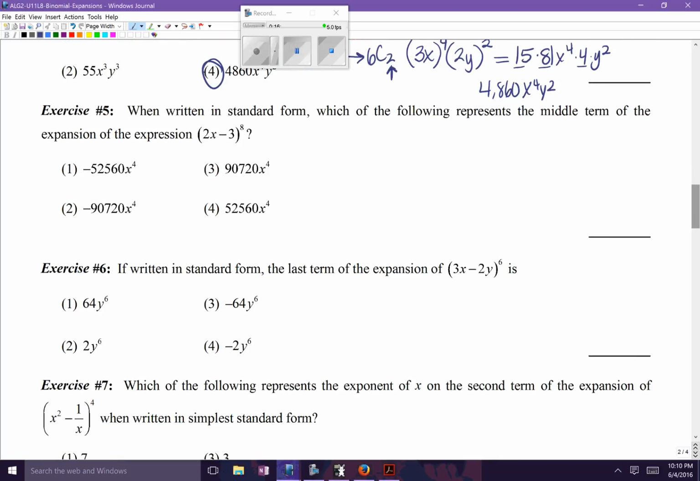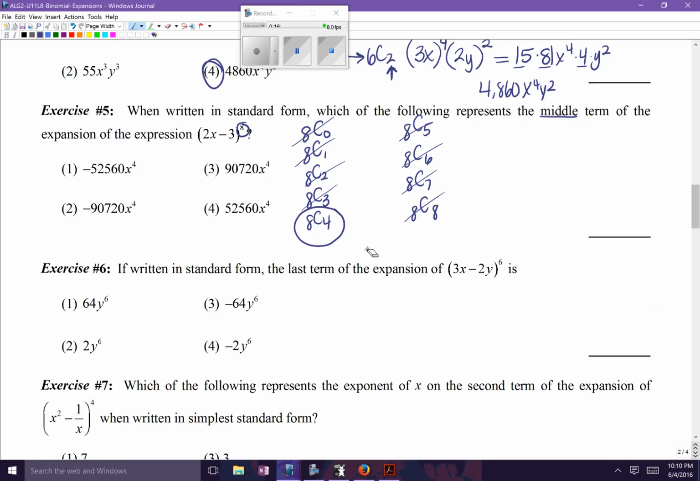When written in standard form, which of the following represents the middle term of the expansion (2x minus 3) raised to the 8th? I definitely would not want to have to write that whole polynomial out. All right, so here we're going to start. 8 choose 0, 8 choose 1, 8 choose 2, 8 choose 3, 8 choose 4, 8 choose 5, 8 choose 6, 8 choose 7, 8 choose 8. Now they want the middle term, so cancel, cancel, cancel, cancel, cancel, cancel, cancel, and I'm sure you probably could have figured that out on your own, but just to be